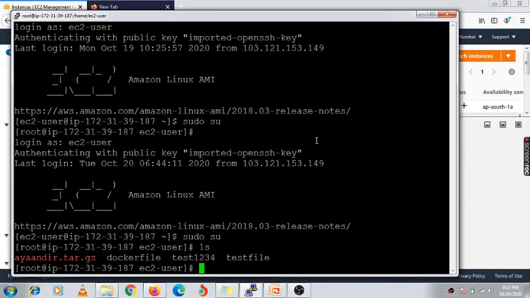Myself Ganesh. Today we are talking about this concept of container volume. So volume, how we can share the volumes and how we can share their data in between this container to container and from this host to container. So there are basically two ways. So we can map our volume either from container to container or from host to container.